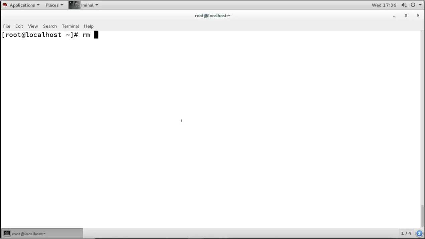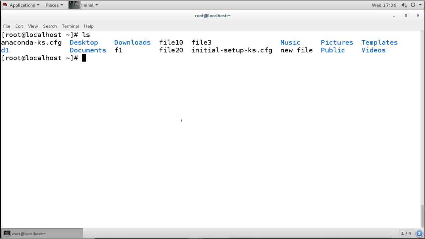Now we have some files here, and I want to remove this F1 from here. So I will mention the command rm. If it is in the local directory, then I can give the name directly, or I can give the absolute path to remove a file from anywhere. So for example, I will give the absolute path under the root's home directory.